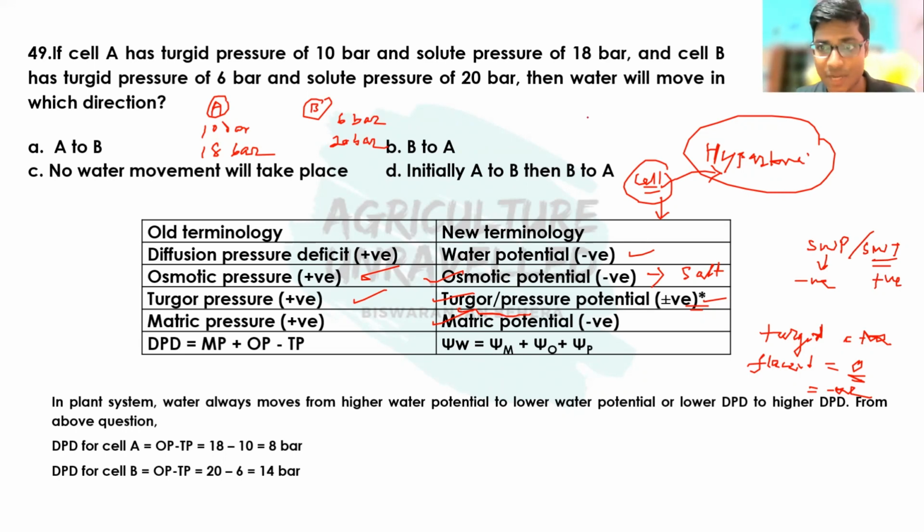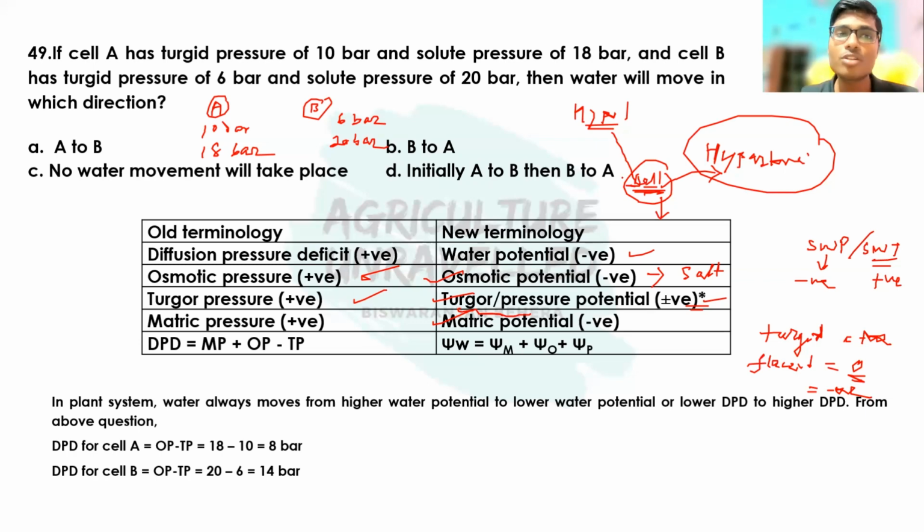And when the cell is placed in a hypotonic solution, hypo means the solute concentration is lesser as compared to the cell. As a result, inside the cell, the solute concentration is higher. So there is a gradient and water will move from the hypotonic solution to inside the cell. As a result, the water content inside the cell will increase and the cell will expand, the cell will maintain its original shape and size, and it will impart a turgor pressure against the cell wall or the plasma membrane.